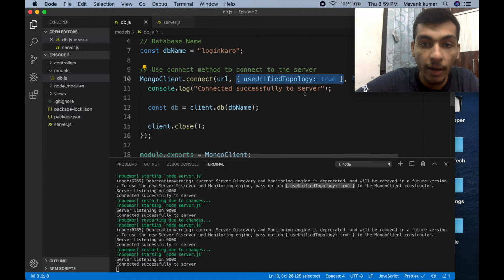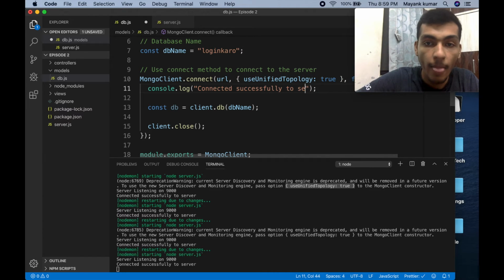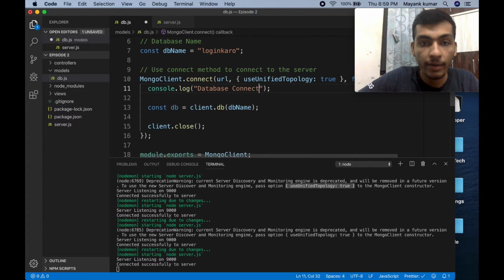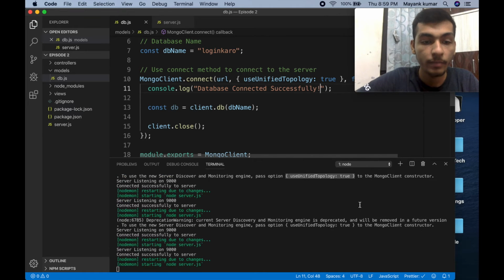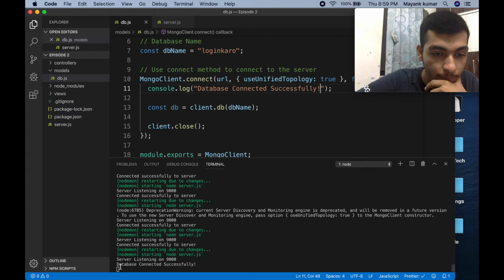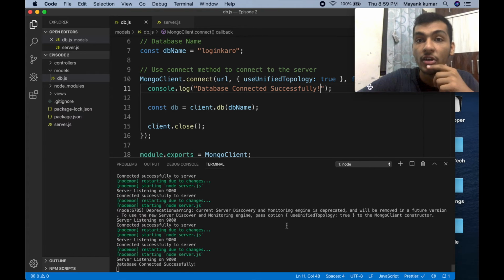We will write a console log, database connected successfully. Yeah, now it should show here database connected successfully. Yeah, so guys, we are done